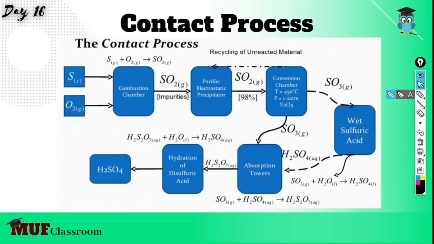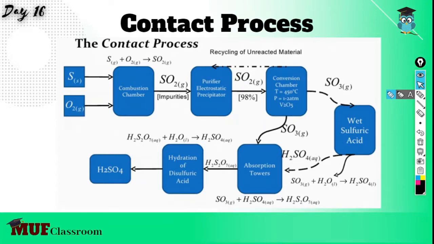So the contact process involves 5 major steps. That is preparation of sulfur dioxide, purification of gases through chambers such as the dust chamber, water scrubber, drying tower and then arsenic purifier. After passing through all this, sulfur dioxide is again oxidized to form sulfur trioxide. And finally, it undergoes absorption and dilution to form H2SO4, that is sulfuric acid.